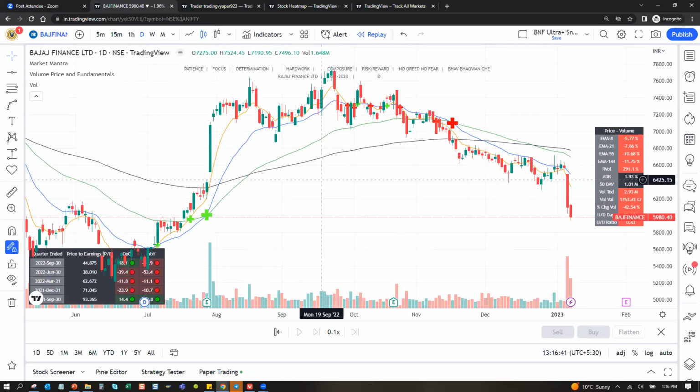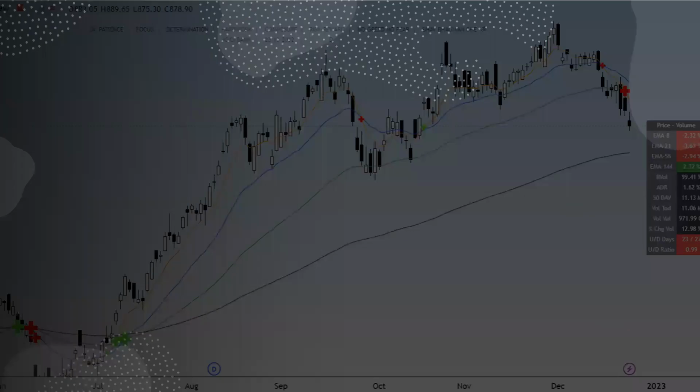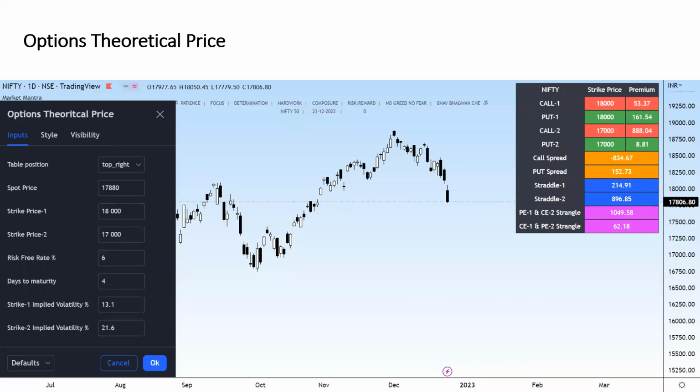This is done. Now, second is options theoretical price. This is the background: I personally got a little bit stuck in a position in a somewhat illiquid FNO counter back then, Pfizer, and there was a very bad bid-ask spread. मतलब first buyer और first seller में options में बहुत ज़्यादा liquidity बहुत कम थी, right?